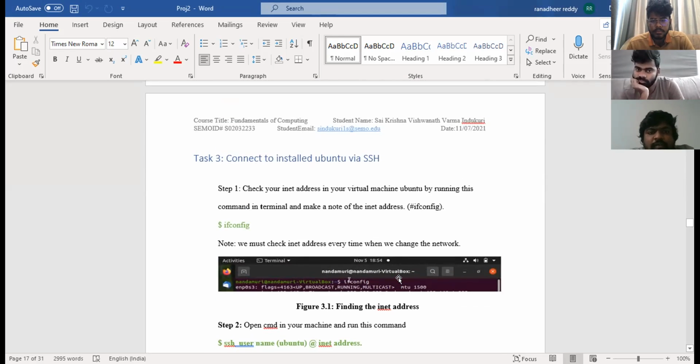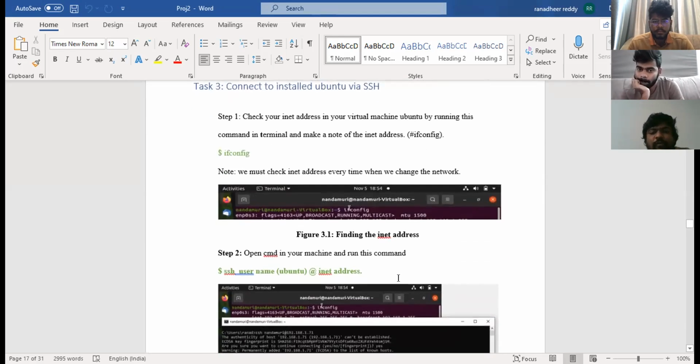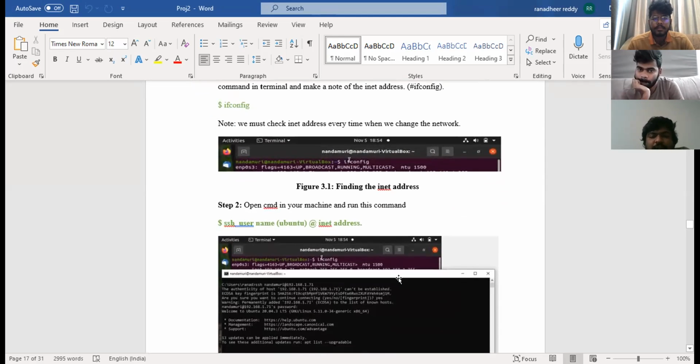In this task we will connect to the installed Ubuntu using SSH. Before that, we will check the ifconfig of our Ubuntu server by giving the command ifconfig. From that, we can get the IP address of our Ubuntu server. After that, we'll go to the command prompt of our local machine, which is hosting the Ubuntu, and then